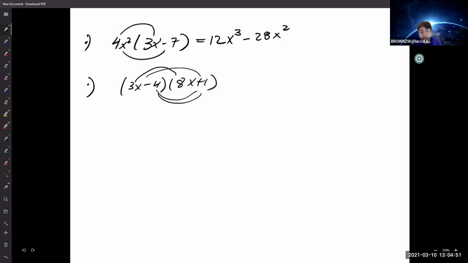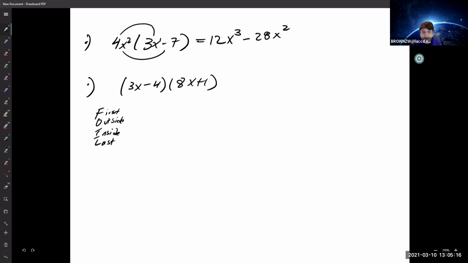There are a lot of ways to do this. There are a lot of techniques. The two that I've seen that are most popular are what's called the FOIL technique. The FOIL standing for first, outside, inside, and last. So here, we're just going to take these and multiply through. So my first here